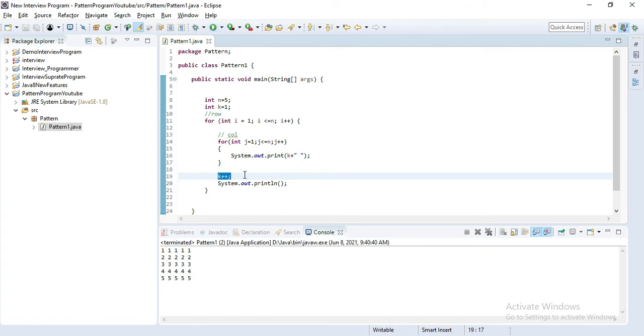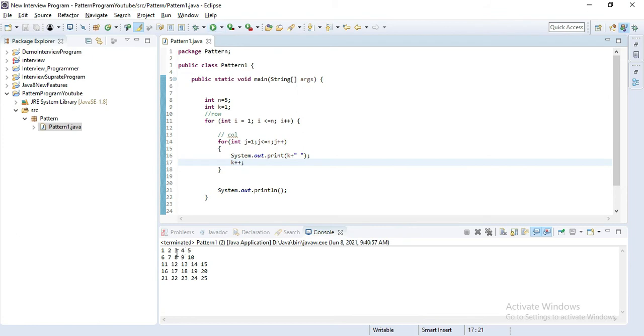We should not increment outside the inner for loop; we have to increment k inside the inner for loop. Let's cut that and paste here. Let's save and run this application. You can see here we got incremented 1 2 3 4 5, then 6 7 8 9 10. Like this we got our values.